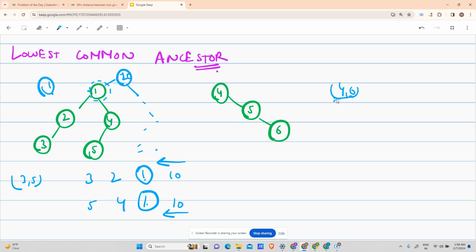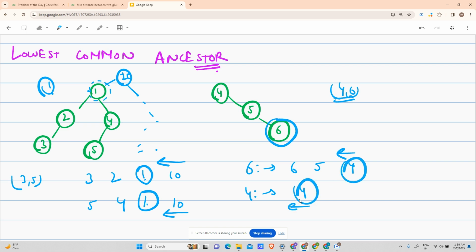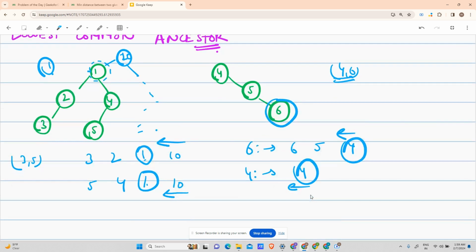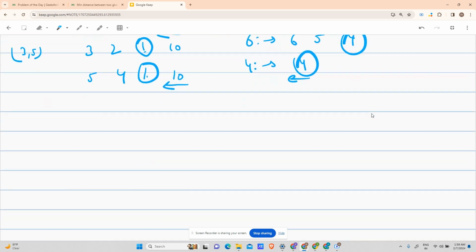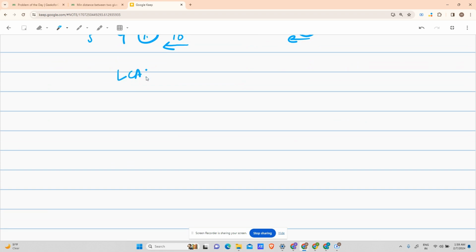If I try to find the lowest common ancestor for 4 and 6, suppose root is 4 only, so 6's path will be 6, 5, 4, and 4's path will be only 4. Traversing from this side, 4 is the last common thing, so 4 is my answer here. Alright. So one algorithm to find the LCA is to find the path